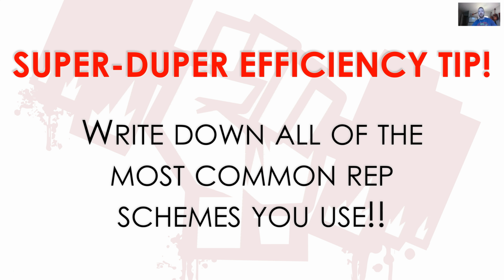Once you do that, you can say, okay, is this person after a pure strength, for their strength work? Does it make sense to go lower on pure strength? Do we want, even on our strength work, more of a strength hypertrophy hybrid? Are they learning and they need enough volume to be able to get practice in to get better, but yet not so much volume that it's going to crush them, right? All of these things come into play, and we make choices, and you likely already have common repetition schemes that you use for different types of people. So you might as well write them down and go to them and not overthink this stuff whenever you get to it.